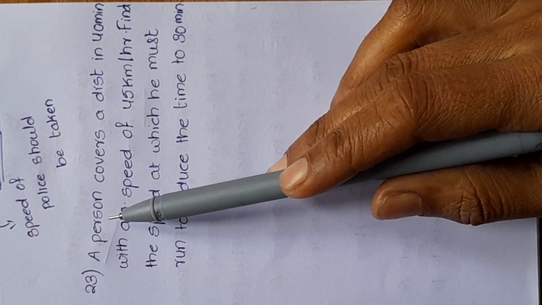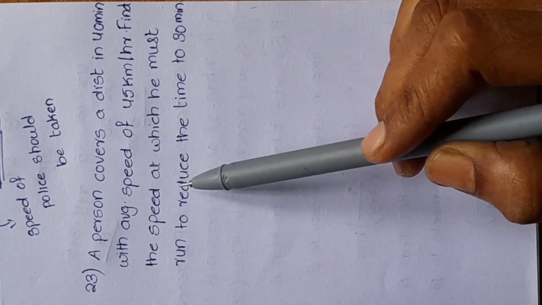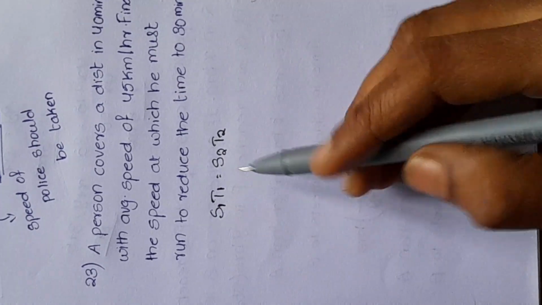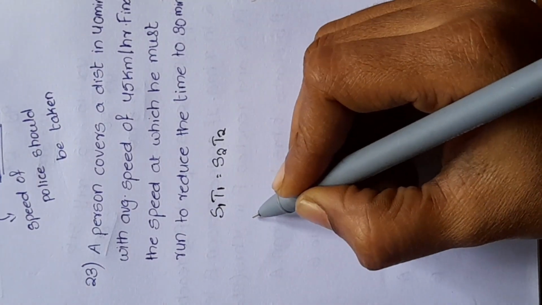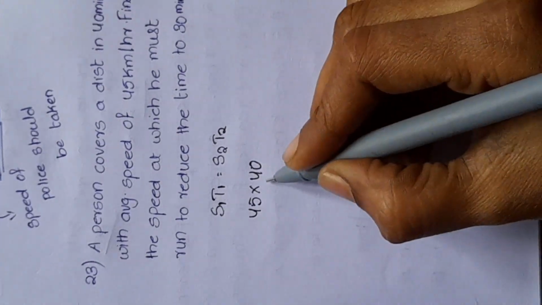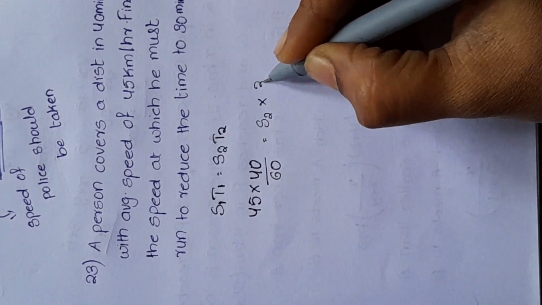Question number 23. A person covers a distance in 40 minutes with an average speed of 45 km per hour. Find the speed at which he must run to reduce the time to 30 minutes. We know that speed and time are inversely proportional. Let us substitute the values. The first speed is 45 into time is 40 minutes, converting this into hours by dividing by 60. The speed S2 should be found into time is 30 minutes in the second case